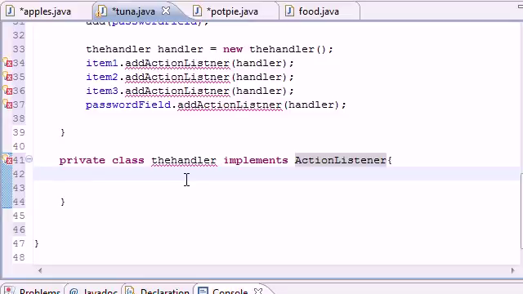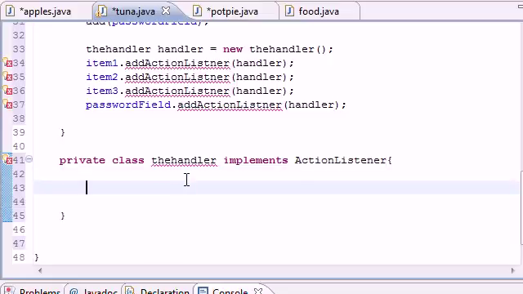And you'll see why later on, but I know it's confusing right now. What this action listener class does is take one method. There's only one method we're going to be building in this class, and that's the method that's going to be called automatically